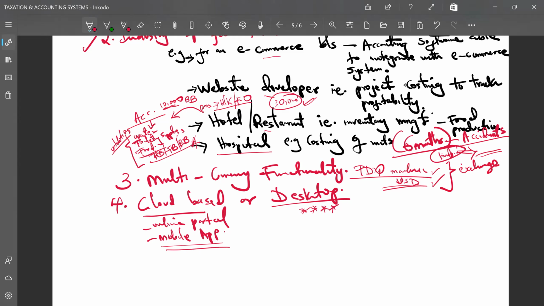Remember, most of these accounting systems, they report using the home currency. If you're in Kenya here and a client pays you, yes, your system has a multi-currency functionality. Yes, it's okay. Very good. They've paid. And you're very happy that you have a PDQ machine that can handle a foreign currency. That's so good. And also you have a USD account, right? Very nice. So when they swipe it, it goes to your USD account in the bank, whichever bank you're using. It's very nice. And you're able to trace that money to your bank. That's okay.